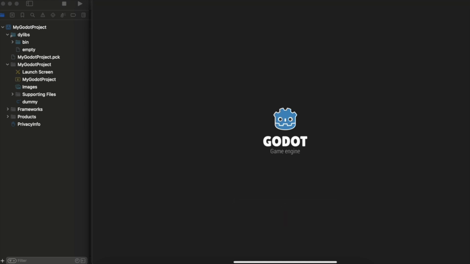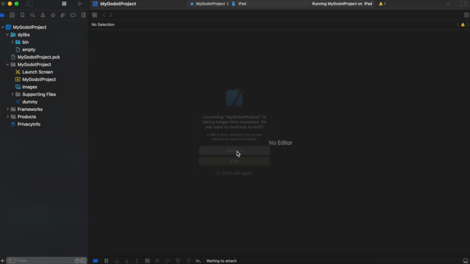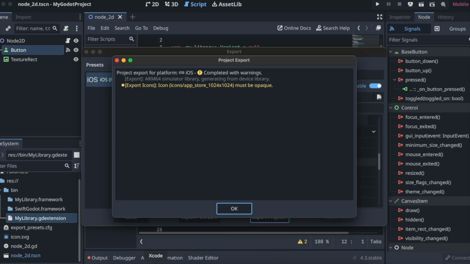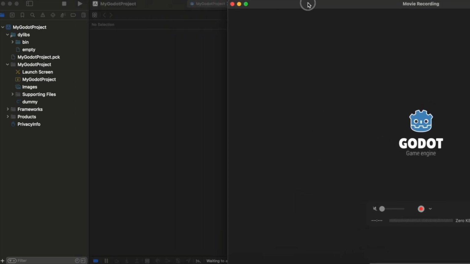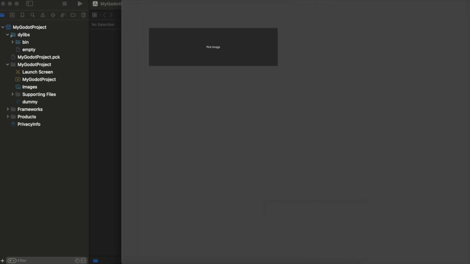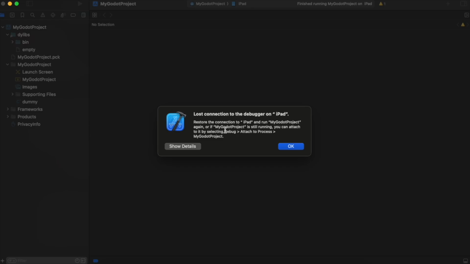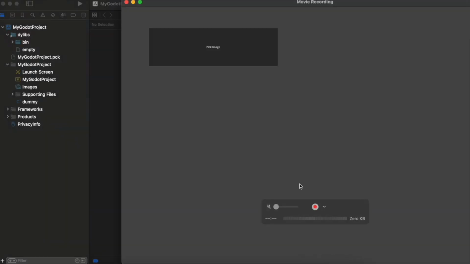Now obviously we are running in debug mode, so that's why it is taking a little bit of time. Also, for the very first time I always get this warning and it doesn't run. Now I think I will also get one timeout error, I guess. This always happens to me, I don't know why. Okay, it didn't happen. Now it is showing me this lost connection. I don't know why, but anyways,